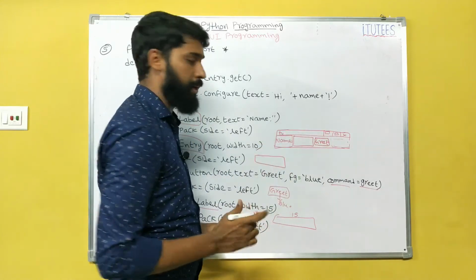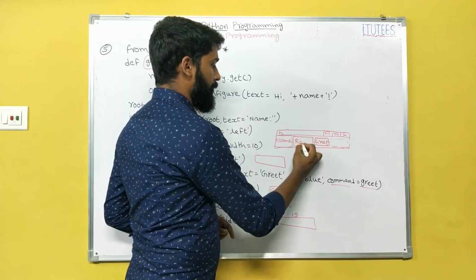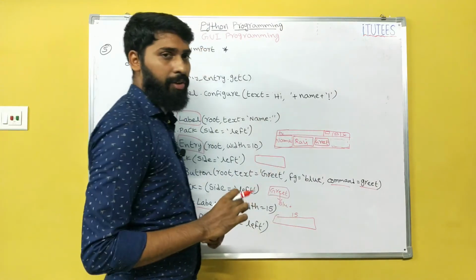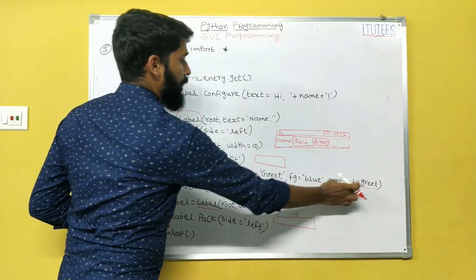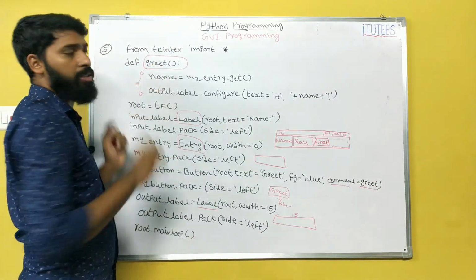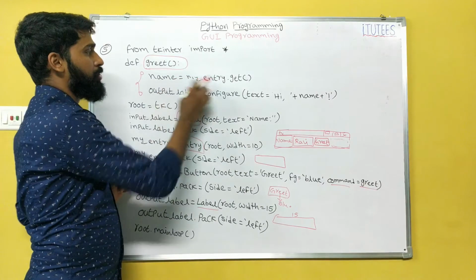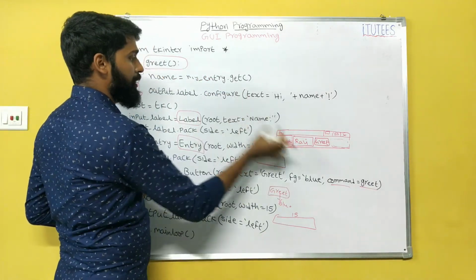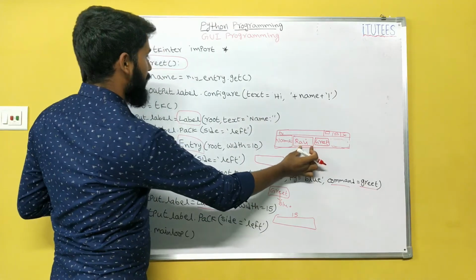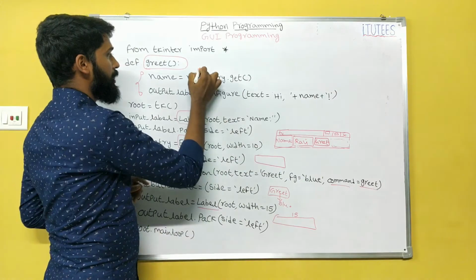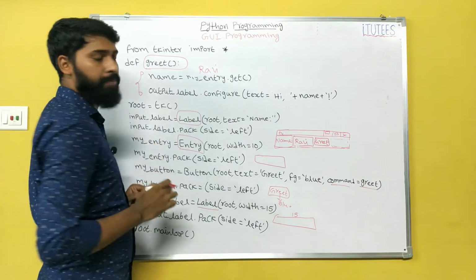Okay, so now I can execute this program. This window will appear. Here I give Ravi. After I click on greet, what happened? The greet means the command greet will be executed. These two instructions. So name equals to my entry dot get. So what is the my entry? This is the text box. You enter some data. So that is appended to name.